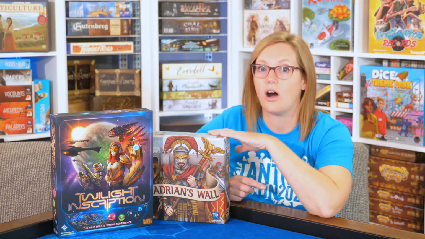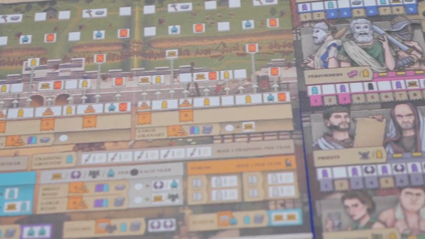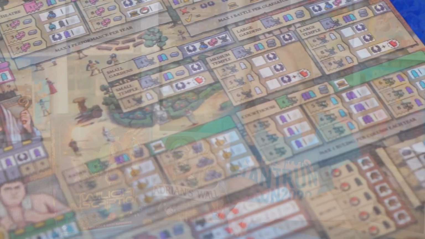Now, that being said, Hadrian's Wall, I don't think you can really start playing the game and get very far even that first year without knowing everything that you need to know to play, especially that second sheet, that's the cultural side. Every one of those different sections, I believe there are 6, all play a little bit differently. It's the same concept of you're going to be spending this worker to fill in this box, which may give you another thing to unlock,